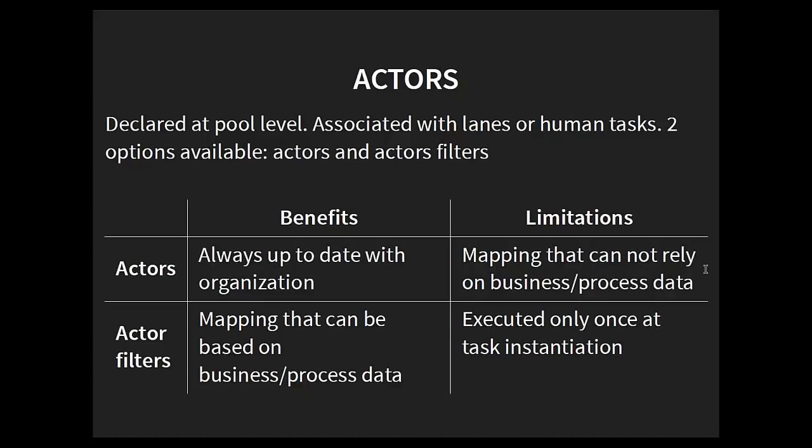Let's say, what is the value of this specific variable that is part of my process? And then I will give the access to this person or this person in my organization. This is not something you will be able to do with the actor. And you will see that the rules that we define are called actor mapping, and this mapping is done with a specific format, and this is why we can make sure that it's always up to date.